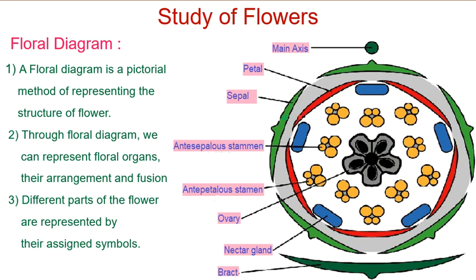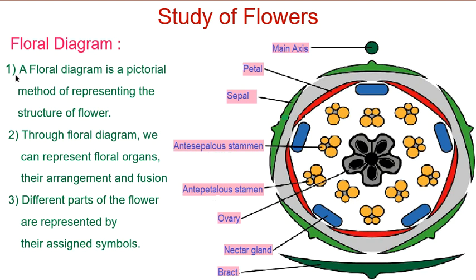We have seen that angiosperm's reproductive organ is flower, and also in addition we have studied different parts of the flower in detail. Now we will see how we can study a flower. This is for additional information: the floral diagram and floral formula, and how we can study them.